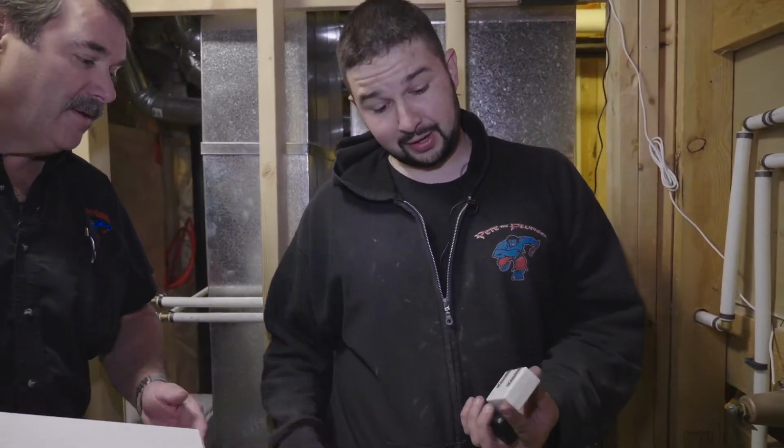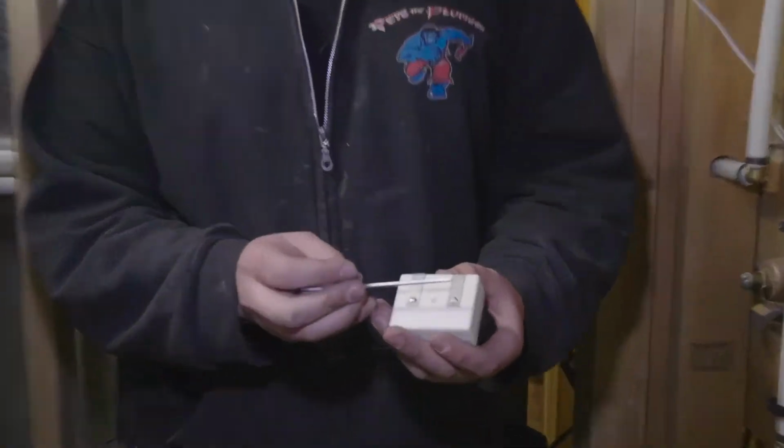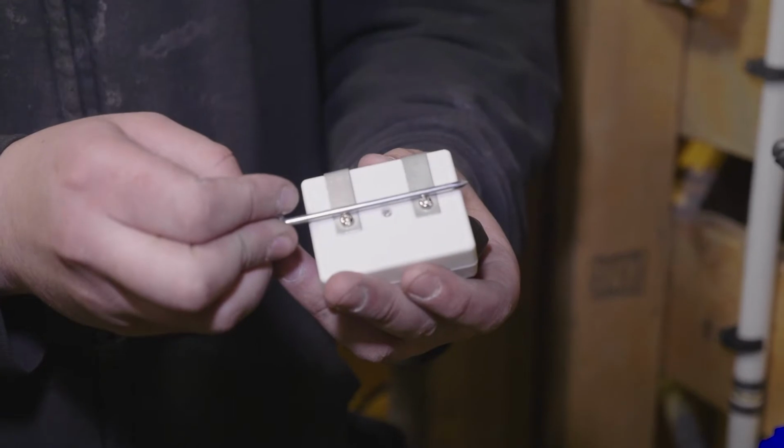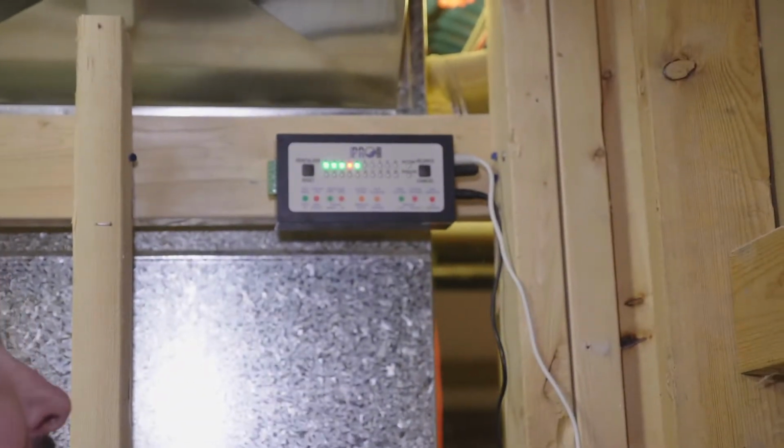And they work just... set the sensor off. So they work just as if the water was conducting through it. It's going to start beeping downstairs. Valve is going to close. Then you have to come down once...